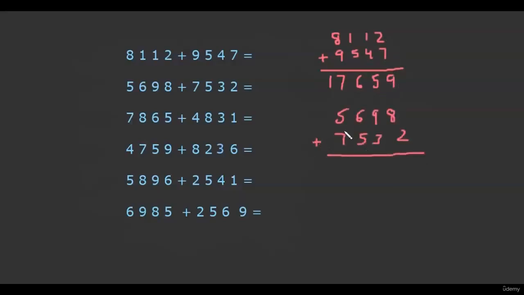Now in this case 7 plus 5 is 12, and the numbers 6 and 5 are carry numbers. So we increase 12 by 1, so this becomes 13. Now 6 plus 5 is 11, but 9 and 3 are carry numbers, so we increase 11 by 1, it becomes 12 and the end number is 2.